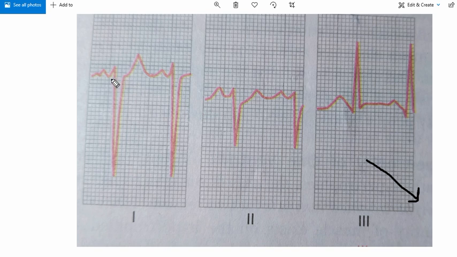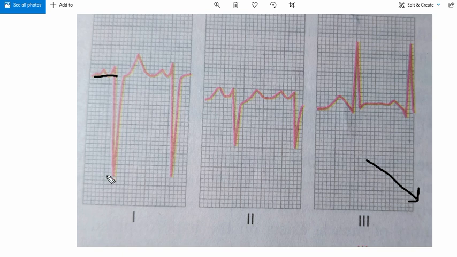First thing you have to calculate is this is the normal horizontal line. In lead 1, the QRS complex has become very large and in the negative direction, whereas in normal conditions lead 1 gives us a positive deflection. So there is a disease, the first thing. And how many large boxes does it cover?